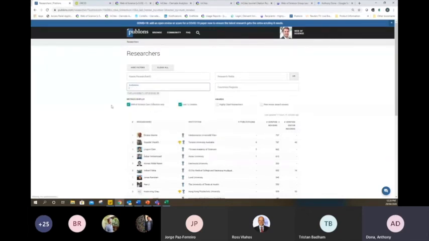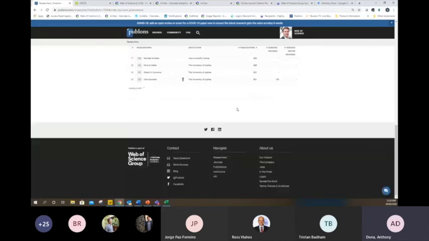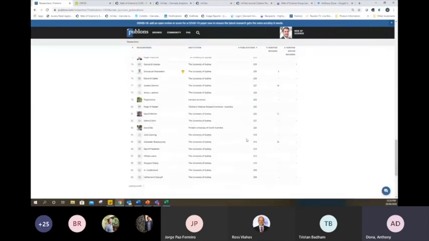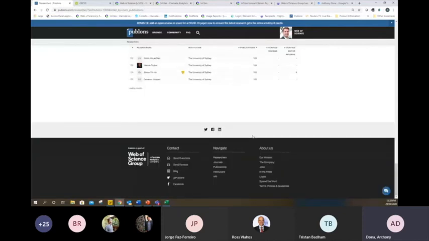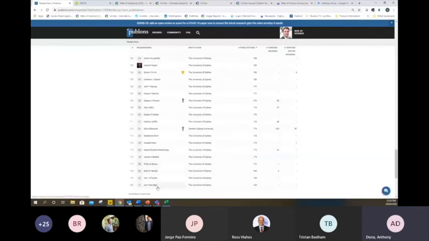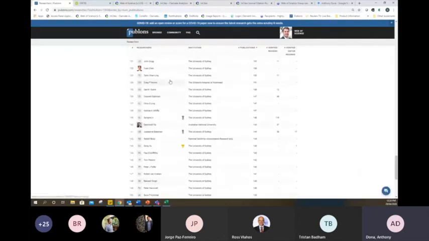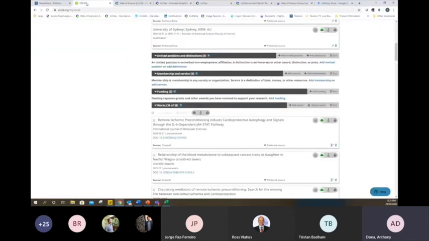And I'm now going to look at people, and I'm going to get rid of these filters. And I've now got people at the University of Sydney with a number of publications attached to their research ID. I could scroll down here and find people who are in a similar stage of their career that have 40 odd publications, somewhere between 40 and 60 odd publications next to their name, and use them to filter them out. Or I might know the people that are on my level or in similar areas of chemistry here that I might want to compare myself to, and I can simply use those and add as many of those as I like to my InCites filter.